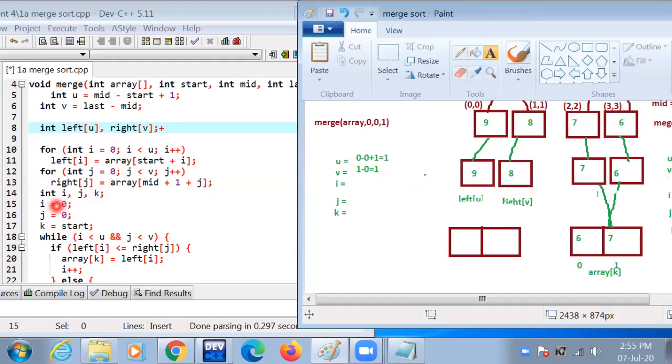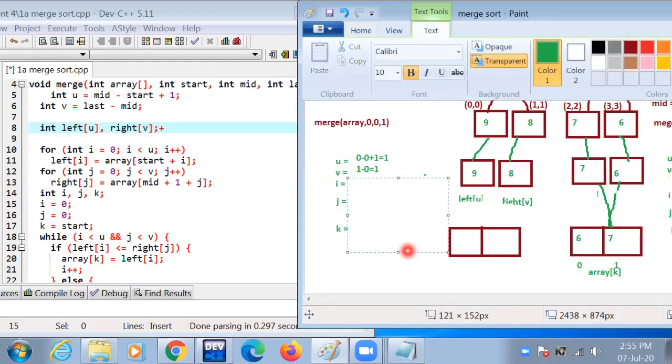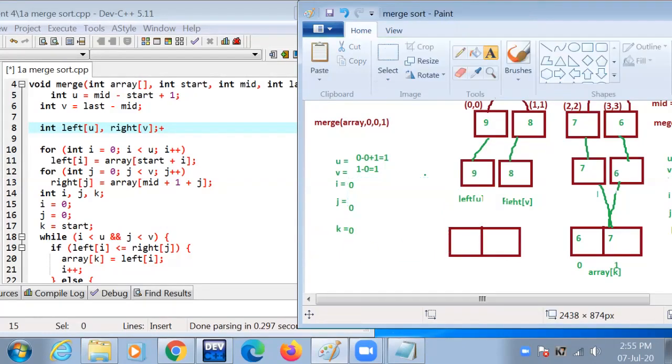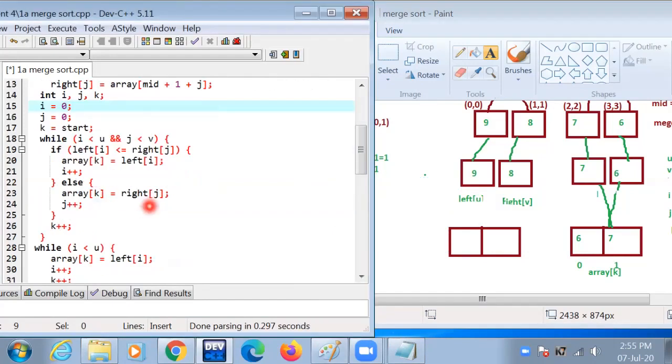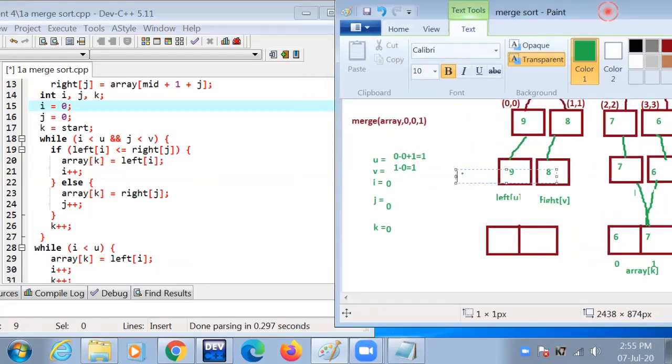And the value of I is 0 and the value of j is 0 and the value of k is start value, 0. I less than u, condition is true.